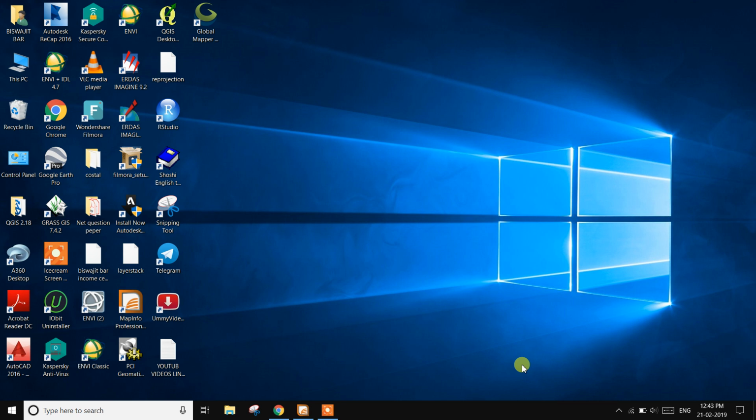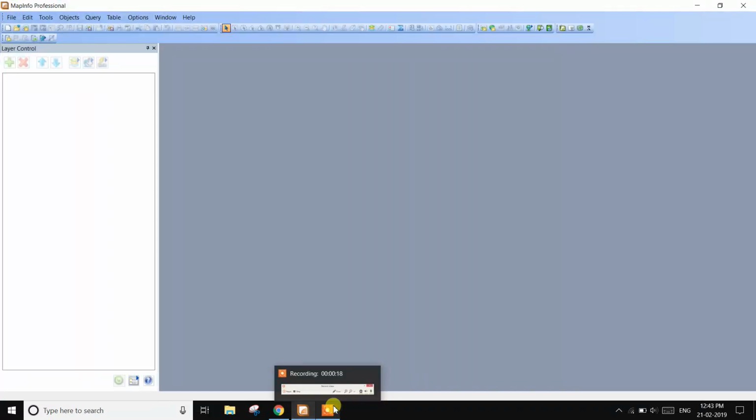Today I will discuss how to digitize using MapInfo Professional Software version 11. At first, open MapInfo Professional Software, then open your registered or georeferenced map.